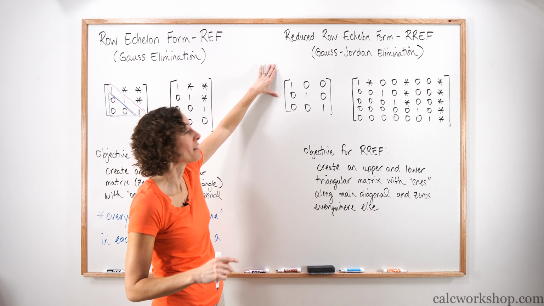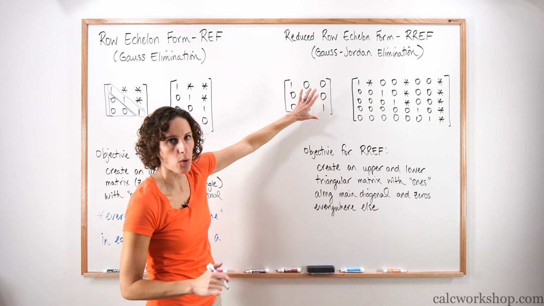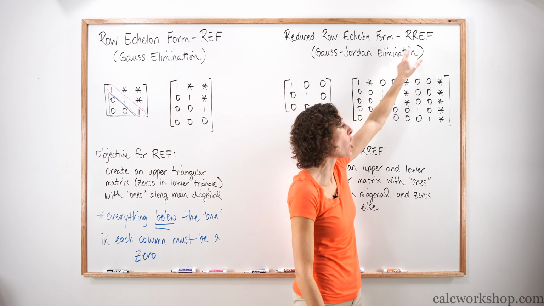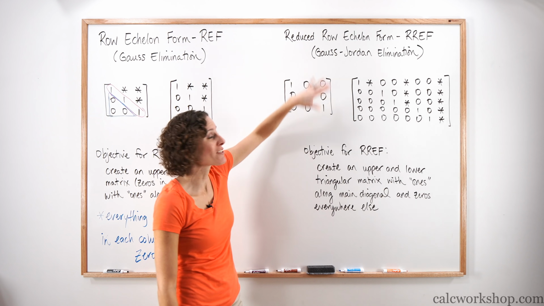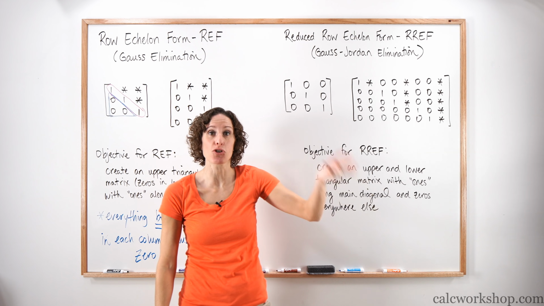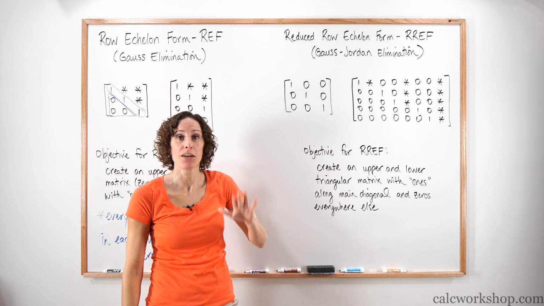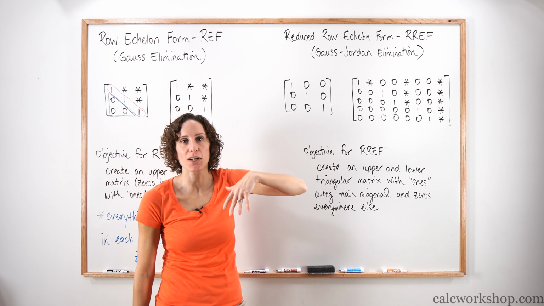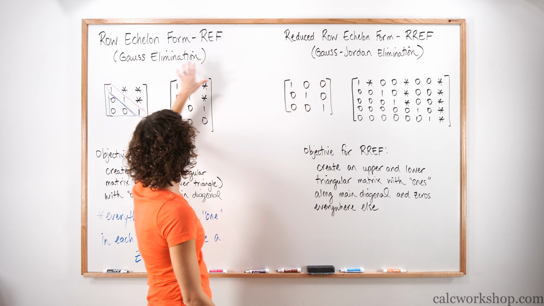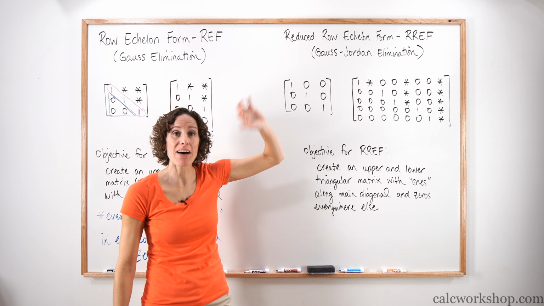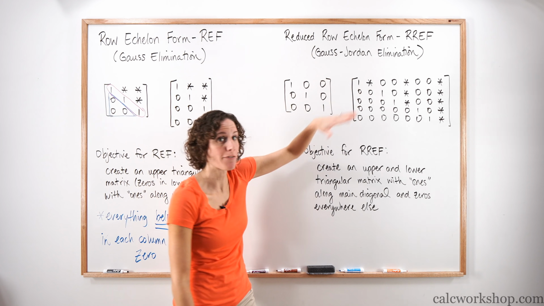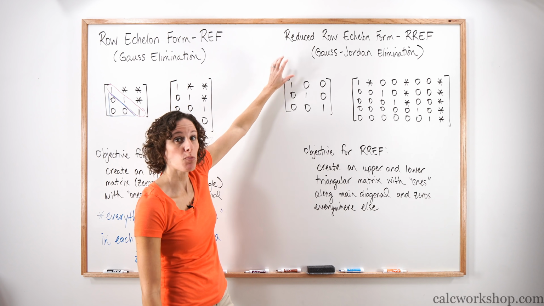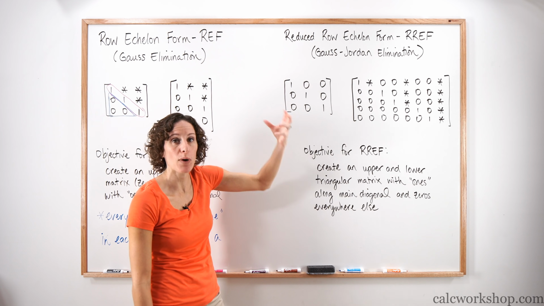So that's the idea behind the second form of row operations, which is reduced row echelon form, or RREF. We refer to this also as Gauss-Jordan elimination, because Mr. Jordan came in after Mr. Gauss and said, hey, let's clean this up even better. So it depends on also your textbook and also your professor who's going to want to say which form, but we have REF and RREF. So we're going to REF this guy, but we're going to row reduce it even greater.